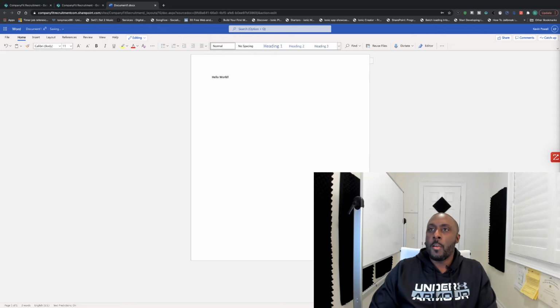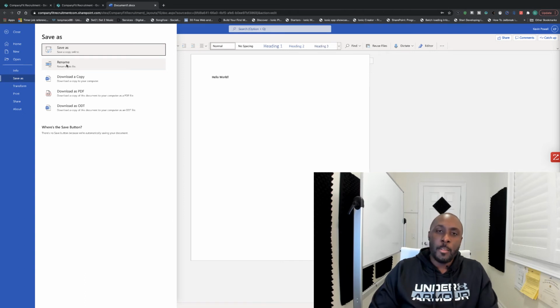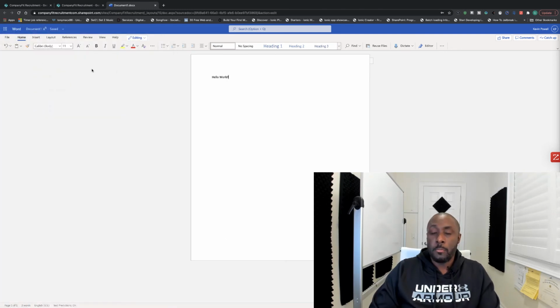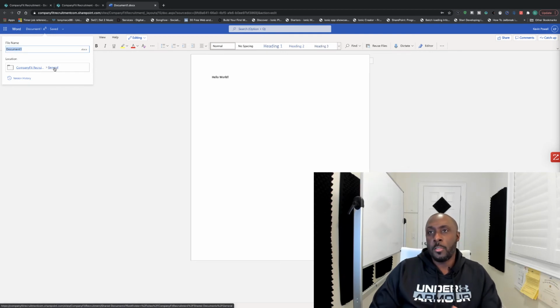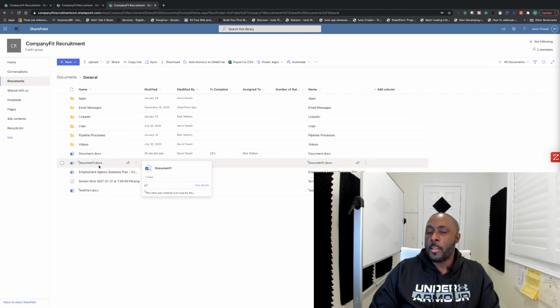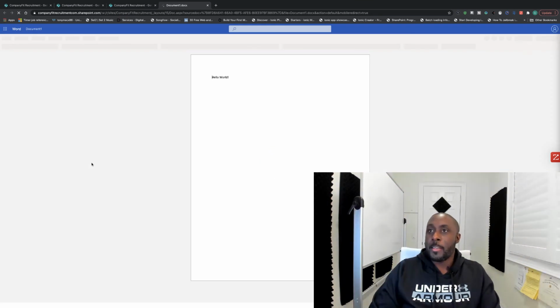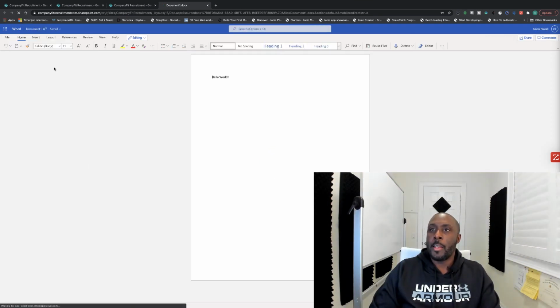if I want to rename the document, I'd have to rename it here, or I can click on File, and then I think I can click on Save As, and then rename here. I can give it a specific name that I want, or I could simply go back to my document in general. So go back to SharePoint, and here it has the document that I just created, and it calls it doc1 because I already have a document called document. So it calls it doc1. Again, if we want to test, here's my document. I'll go back here again,